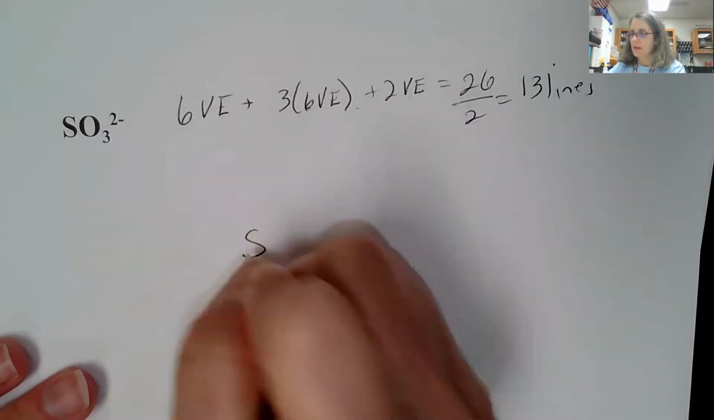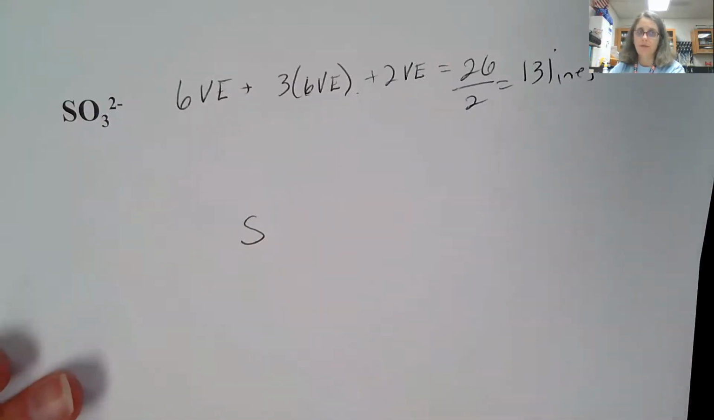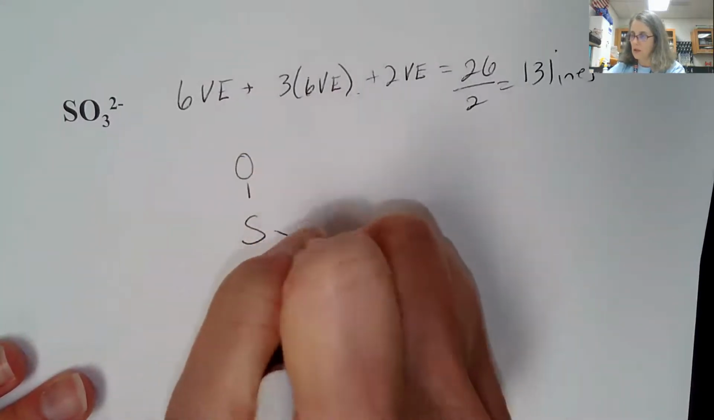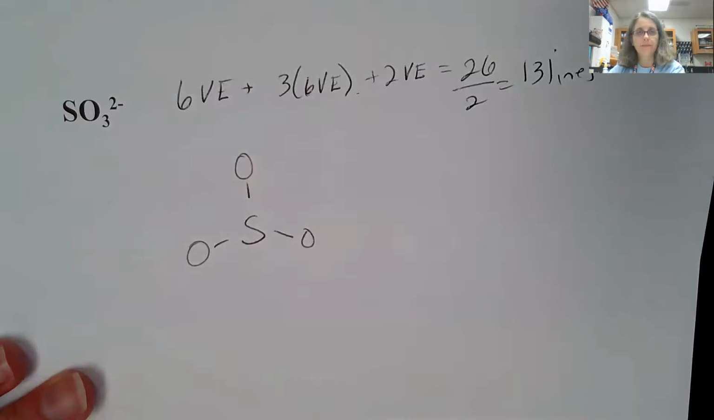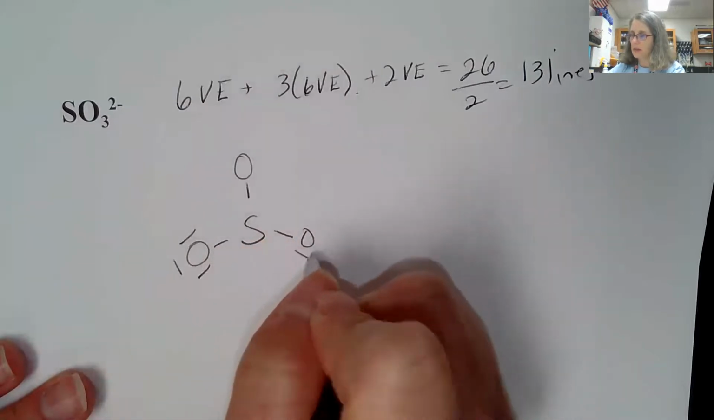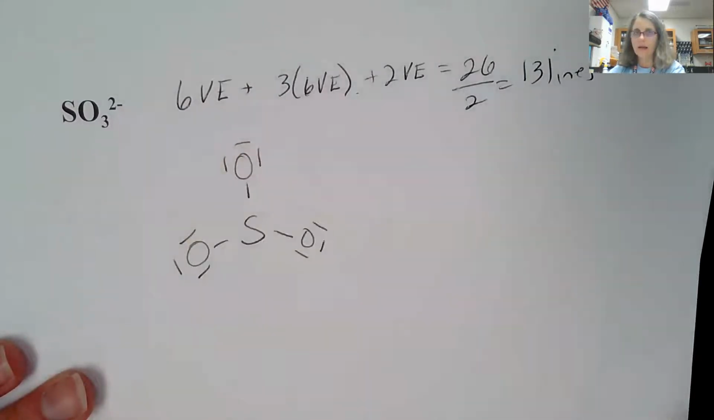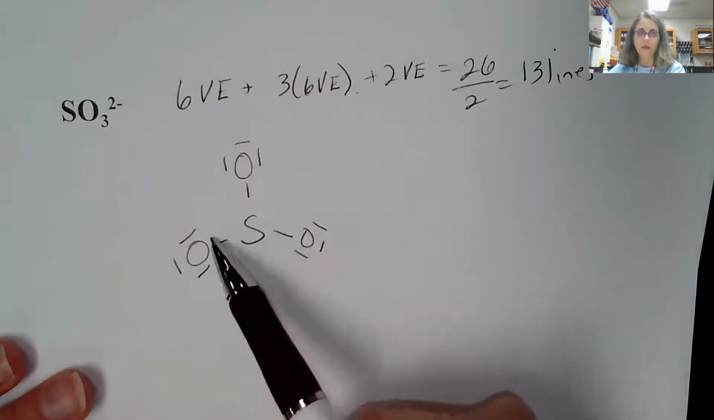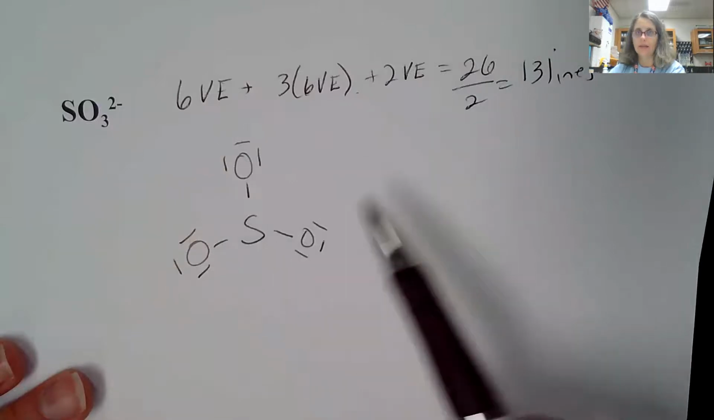I put sulfur in the middle, but now I only have 3 oxygens. So I'm going to go 1, 2, 3. And then I'm going to complete the octets around oxygen. So I'm going to go like this and complete the octet by adding lone pairs. So if I stop right here, I have a total of 4, 8, 12 lines, and I need a total